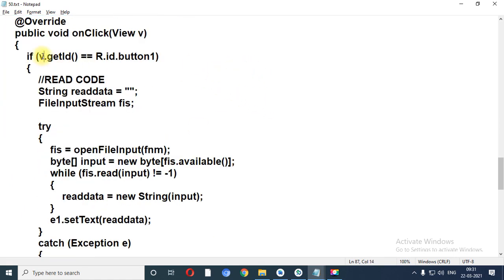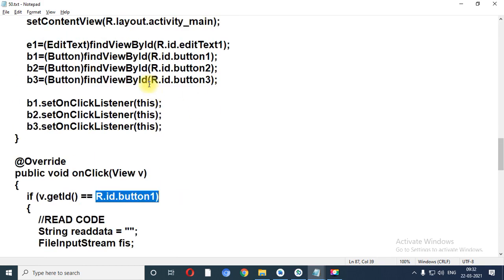Now see, there are three buttons we have placed inside the designing window. So I have to check whether the first button is clicked, second button is clicked or third button is clicked. So for that, v.getId. This v is an object of view class which is there in the argument of onClick.